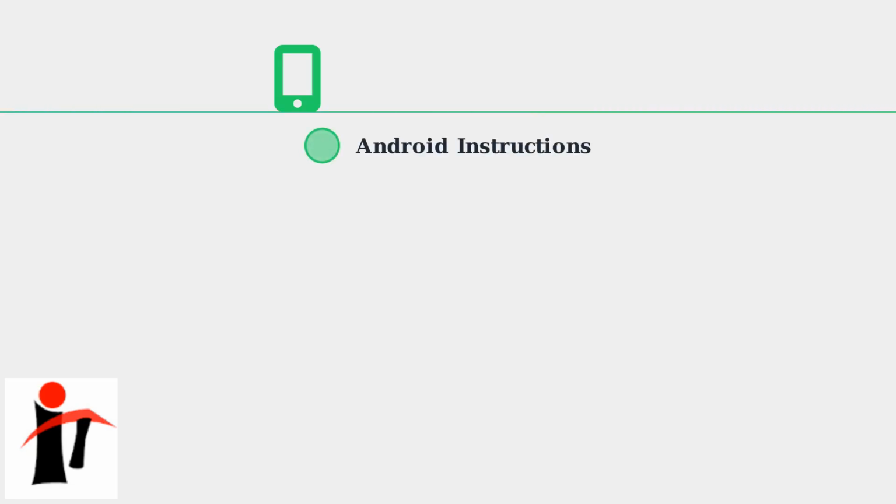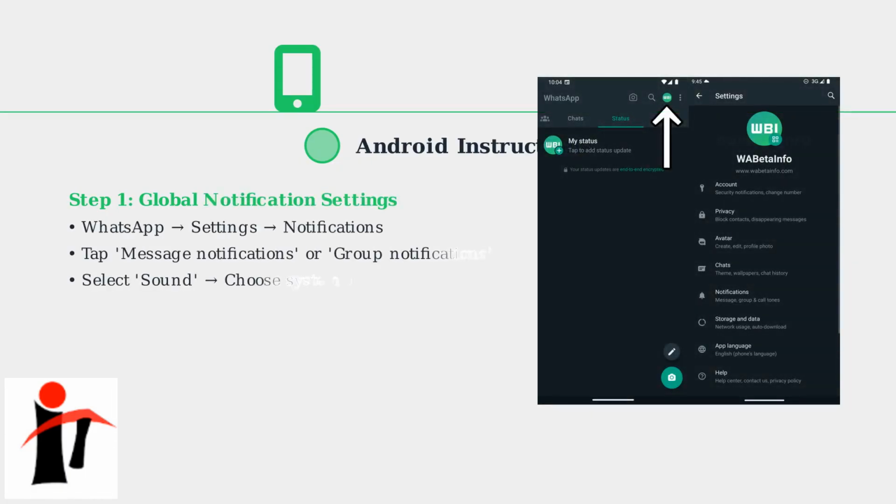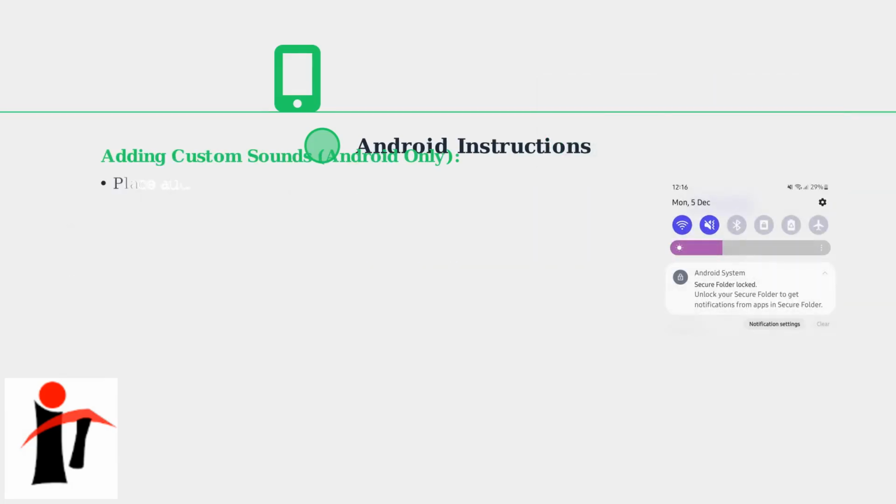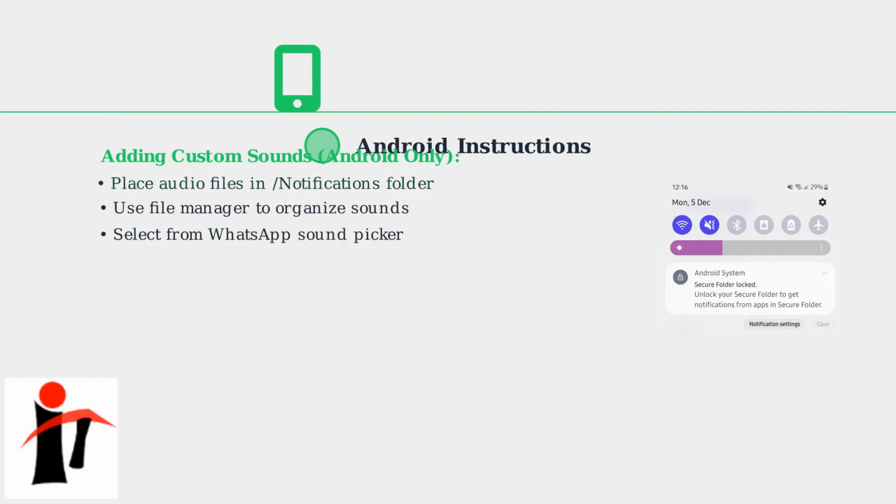Now for Android users, who have more flexibility in customizing notification sounds with support for custom audio files. For Android, navigate to WhatsApp Settings, then Notifications. You can customize message notifications and group notifications separately, with access to both system and custom sounds. Android's advantage is custom sound support. You can add your own audio files by placing them in the Notifications folder, then selecting them from WhatsApp's Sound